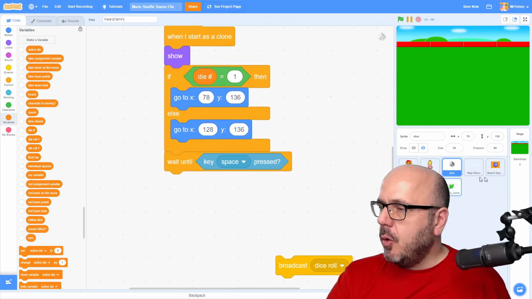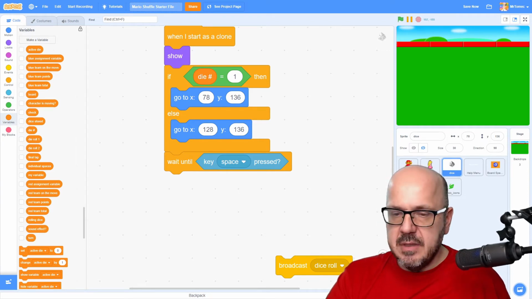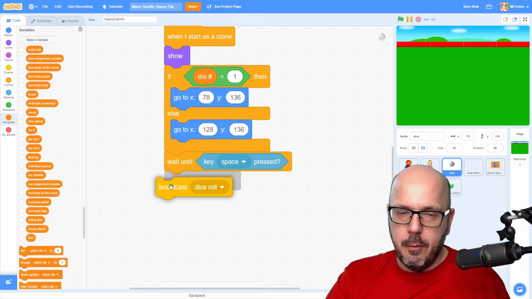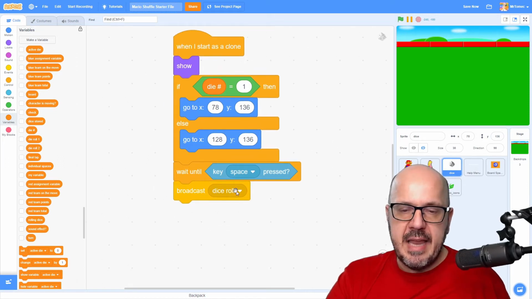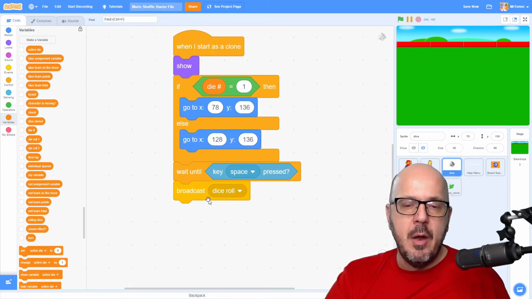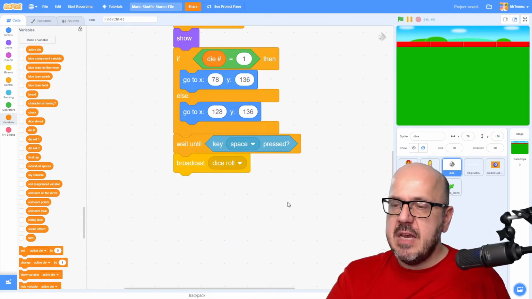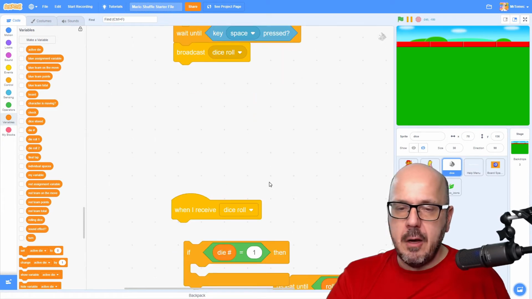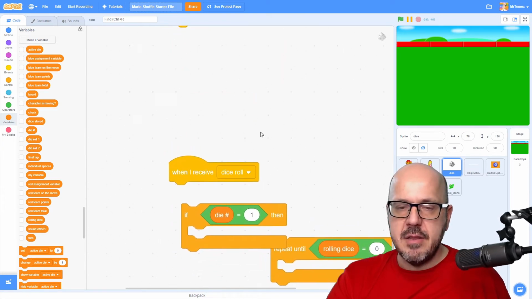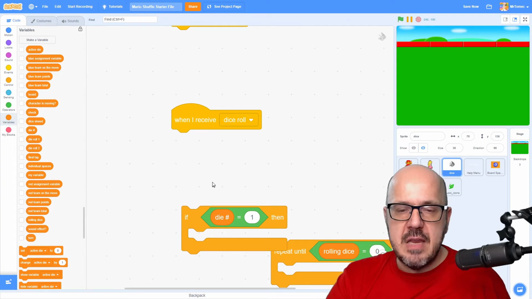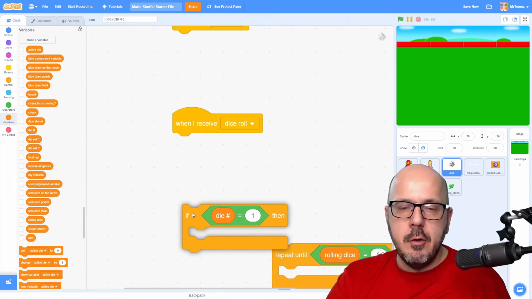And then we're going to broadcast a message that is called dice roll, not to be confused with roll dice. This is just going to get a few of the things in motion while the dice is being rolled. So we're going to broadcast that message, and it's going to be received down a little further here inside our dice sprite. When I receive dice roll, the first thing we're going to do is